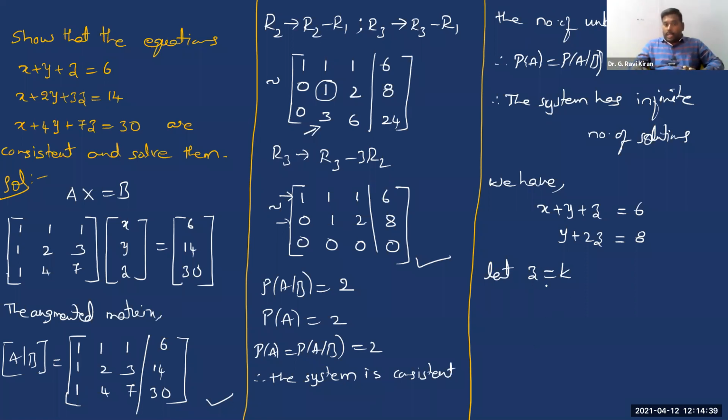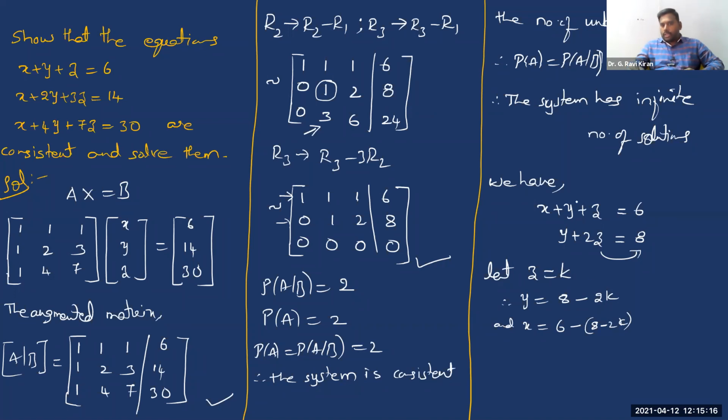Now, if you take Z is equal to K, I'm now going by back substitution. If I substitute the value of Z in the second equation here, what happens to Y? Can you expect? If you take Z is equal to K, from this you can write the value of Y as, if you send 2Z to the other side, 8 minus 2Z, which is 8 minus 2K. Then if you substitute these two values of Y and Z in the first equation, from the first equation you will get X like this, 6 minus Y. Y is 8 minus 2K.